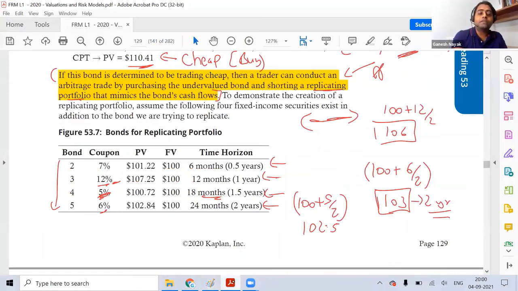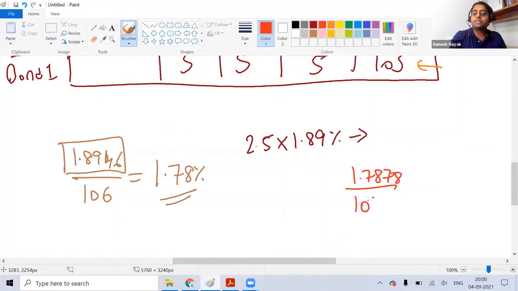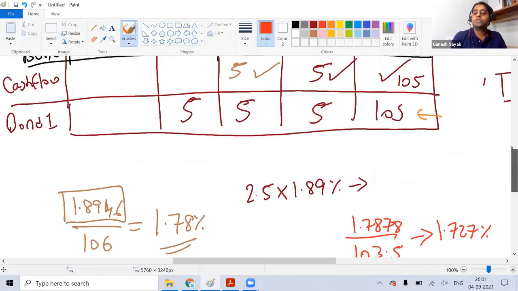If I look at the first bond, this bond is going to give me 103.5, because it is going to mature in 6 months. So at 6 months, it is going to give me that cash flow. So it is going to be like this, 103.5. Give me the answer in terms of percentage. 1.72%. 727%. So that means